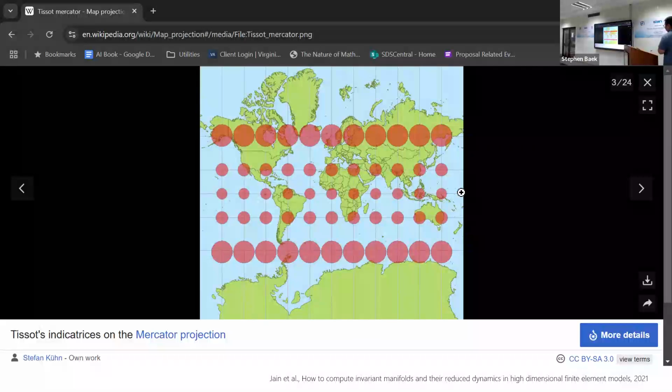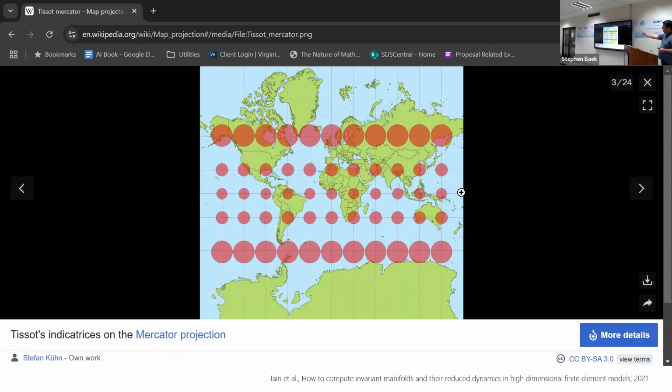So in case of the Mercator projection, they preserve the angles. So what appears to be 90 degrees on the sphere will still be 90 degrees in the Mercator projection. So the longitudinal line and the latitudinal line will cross at the right angle, right? And that angle is preserved in this particular projection. However,